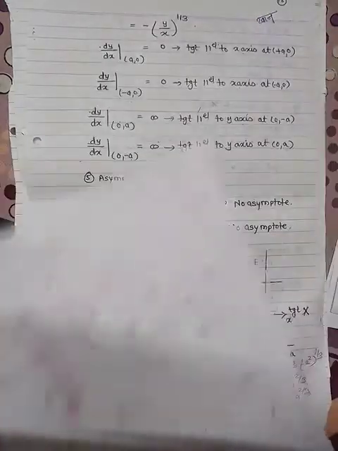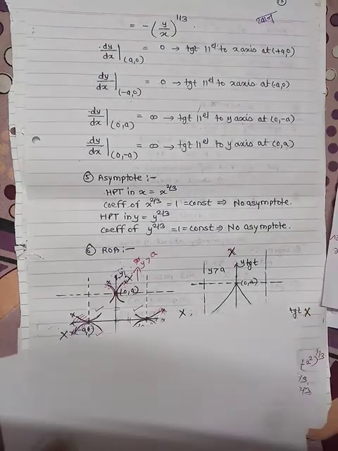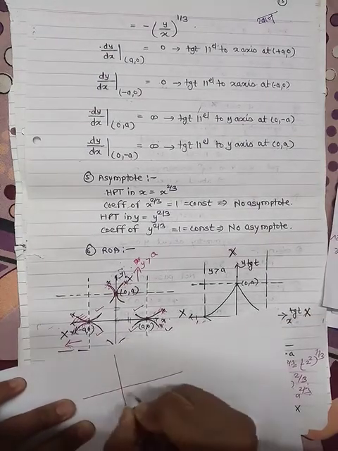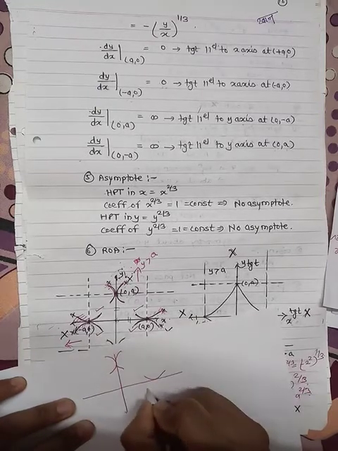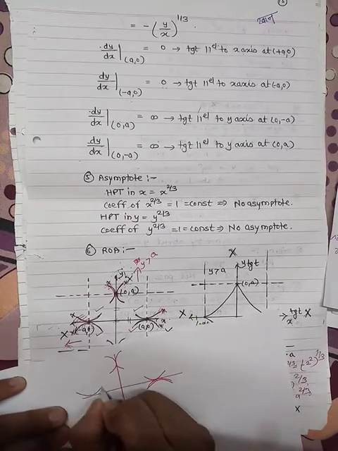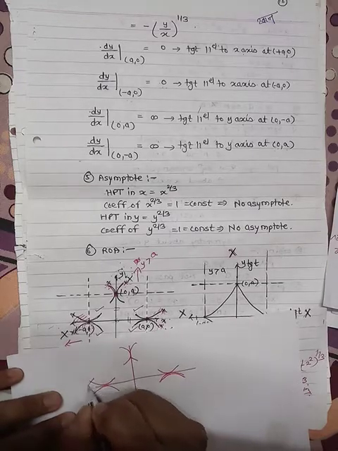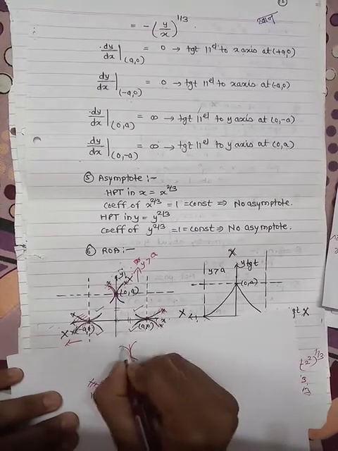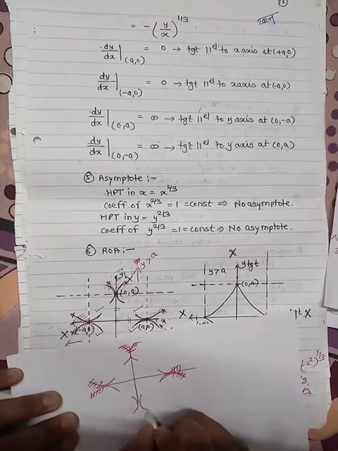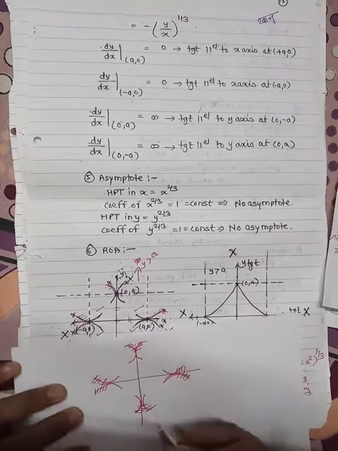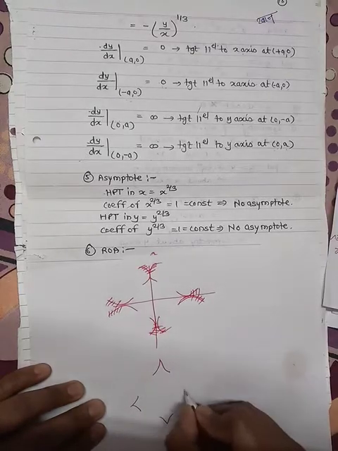So only these parts, these possibilities we have taken, and by partition wise or region of absence, in this condition this part we have to cancel, this part we have to cancel, this part we have to cancel, and this part we have to cancel. So only remaining part is this part, this part, and this part.